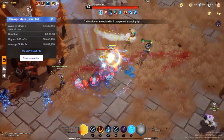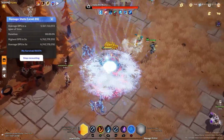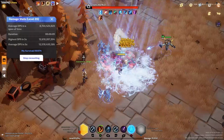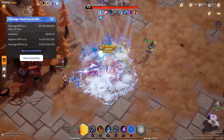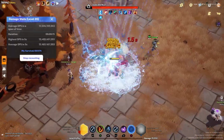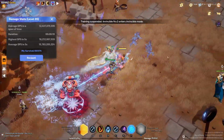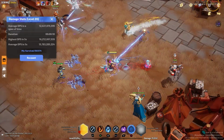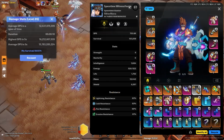Let me show you what the current DPS is, and then I'll show the rest of the setup. Last time it was roughly 2 billion, something like that. So this is where we're at. Let me disable this, otherwise I'll keep running around like a headless chicken. Okay, so surging, then